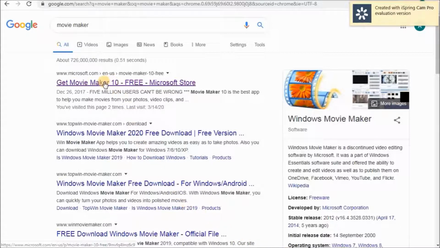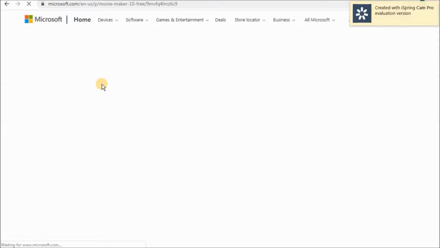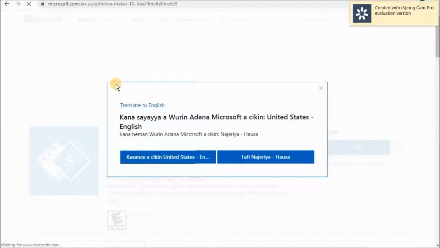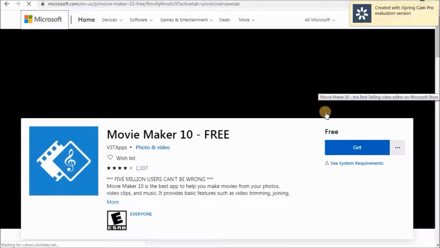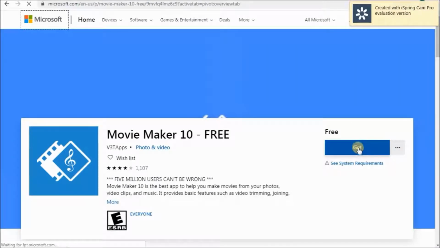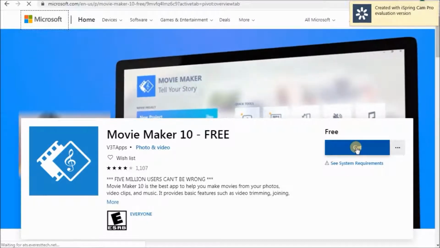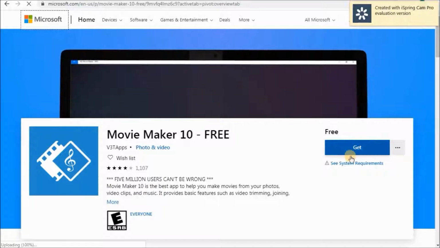Then double-click on this first link. Then you can get it by clicking on this button and download it.